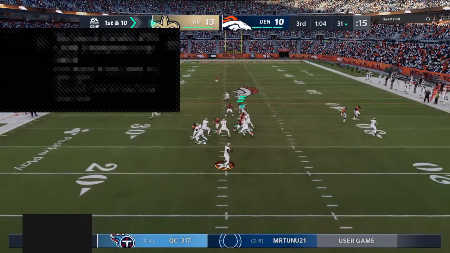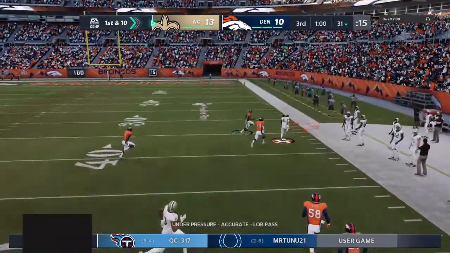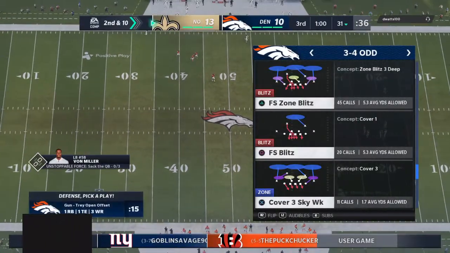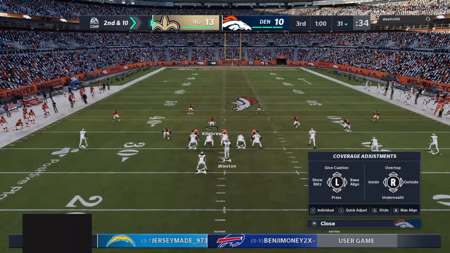From the shotgun, it's Winston. Oh, he'll look downfield for Kamara. And he overshot him there. It's out of bounds, incomplete. He was trying to get it to his running back, Alvin Kamara. And that'll bring up 2nd down. 2nd and